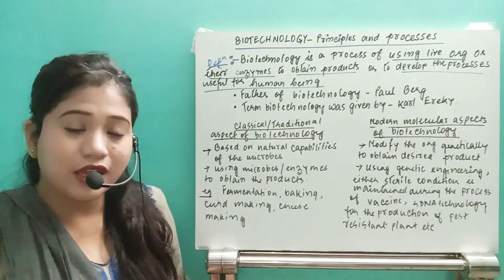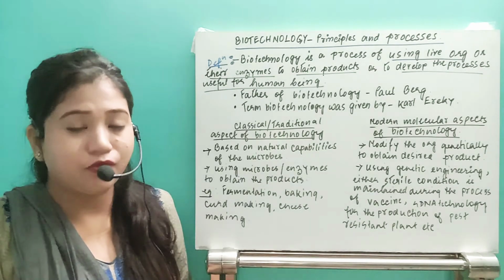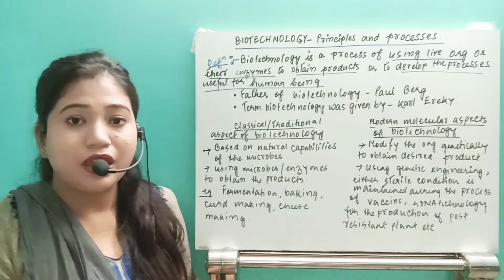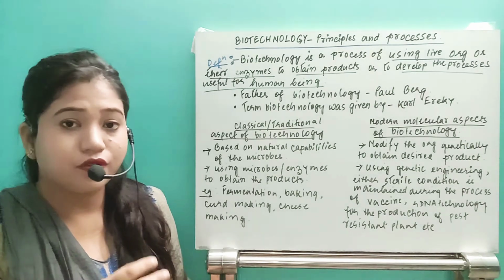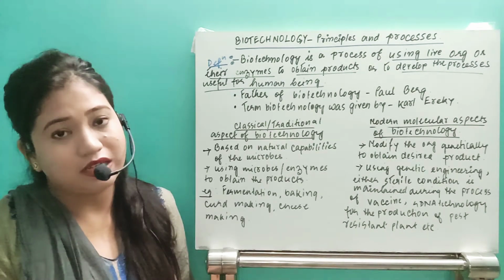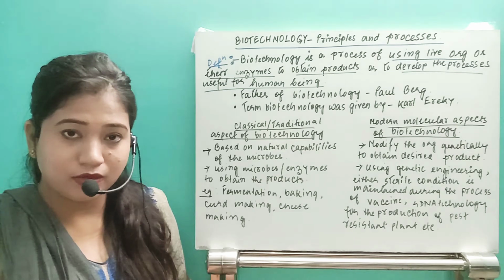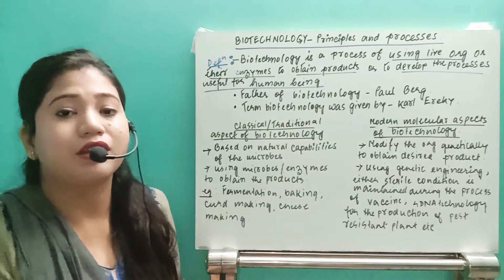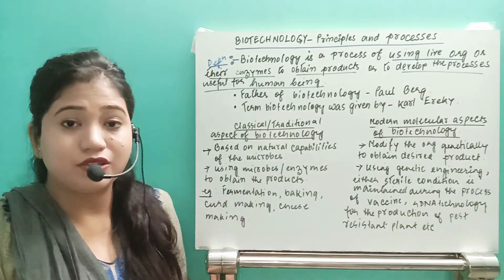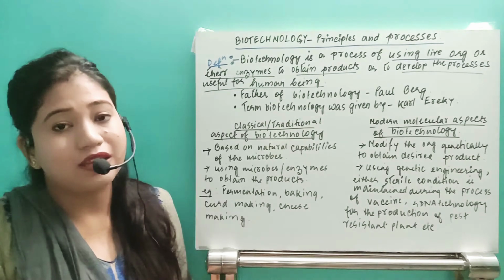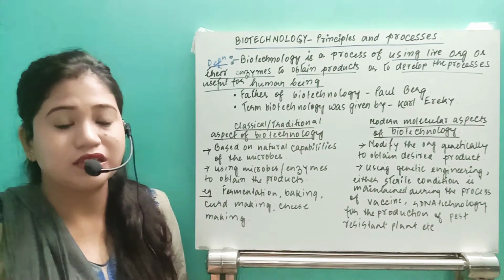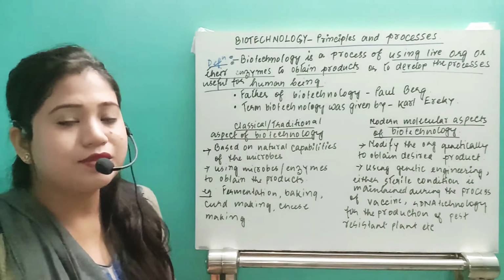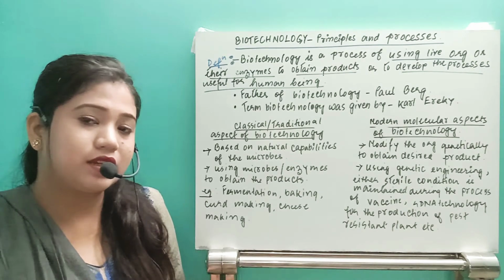So that's why we extracted one microorganism, that is a thermophilic bacteria. They can survive at a very high temperature. From that bacteria, one enzyme, that is Taq polymerase or DNA polymerase, is extracted and used in the PCR, so that we are able to get our product, that is multiple copies, which is used in forensics, and which has brought evolutionary changes for mankind. So that is biotechnology. I hope you understand the overview.